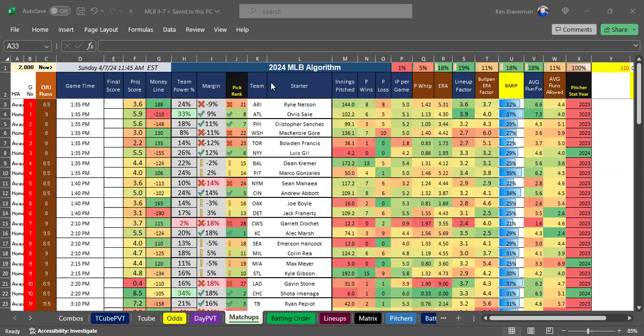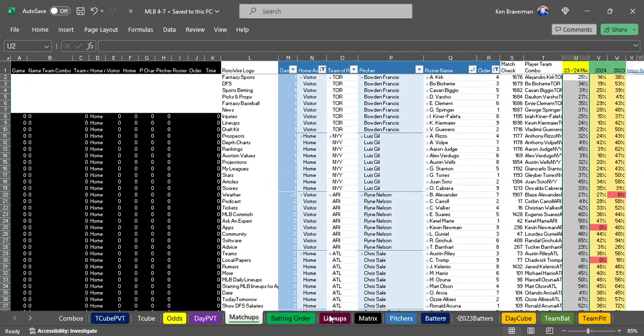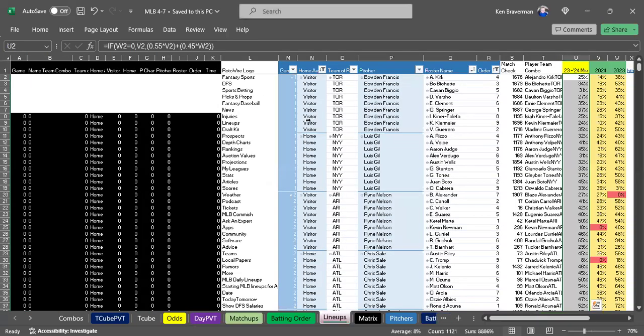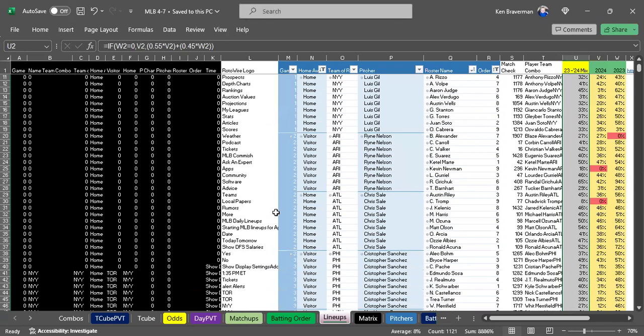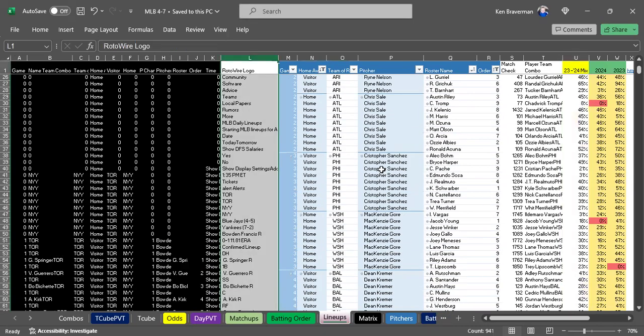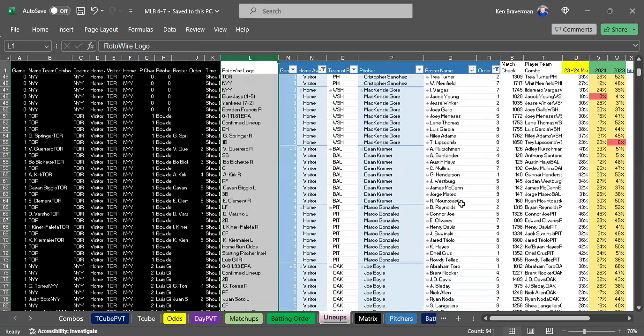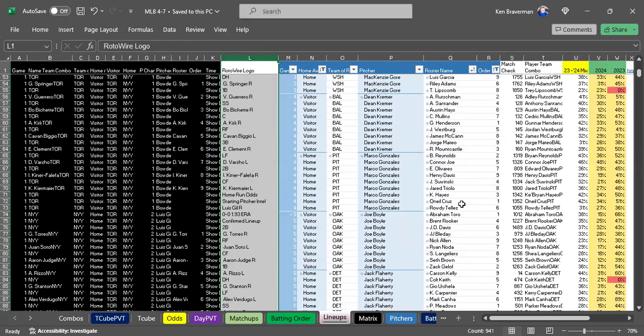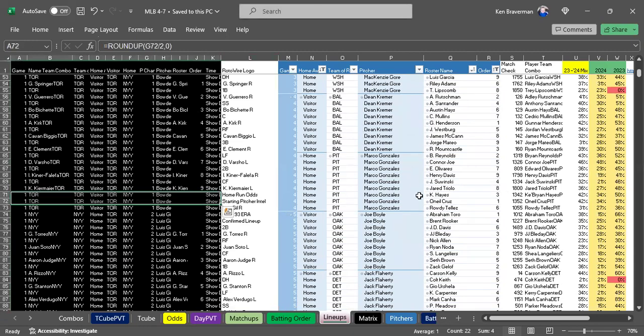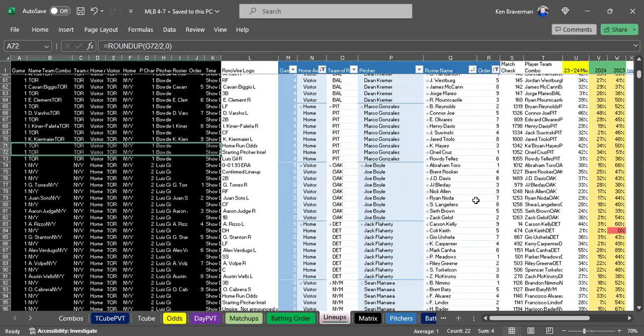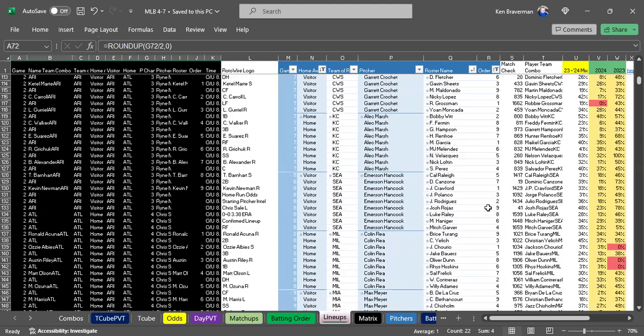Couple little annoying things to talk about right up front. If you're updating this yourself at home, notice that in the lineup sheet today there's a weird problem where they've postponed the Cleveland Minnesota game just now. When you paste in the lineups, the code that I've written to parse out the teams gets all screwed up because they have lineups but no pitchers in that game, and it puts the players on the wrong team.